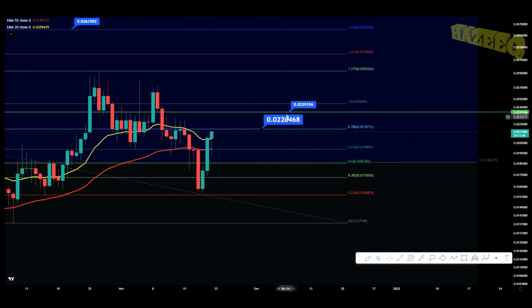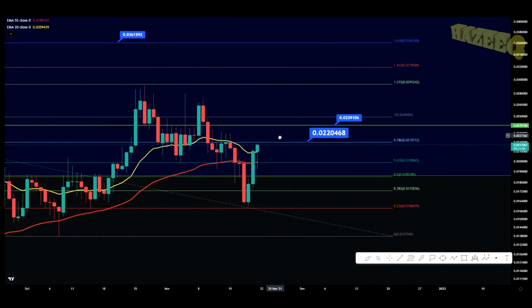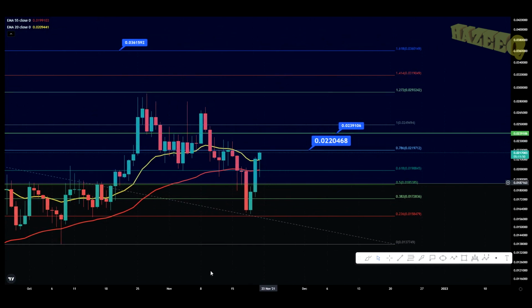0.022 cents essentially. Then we have the next resistance level over here at 0.0239, basically 0.024 cents. So once you start breaking those and you start getting above the swing high over here that we have set up on the fib,